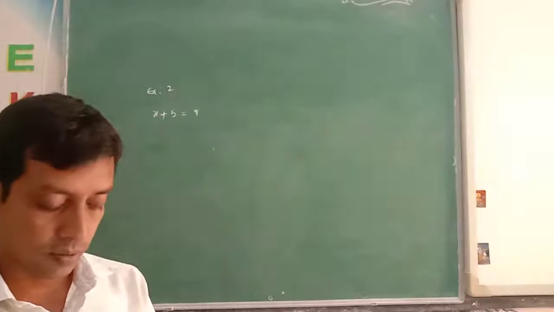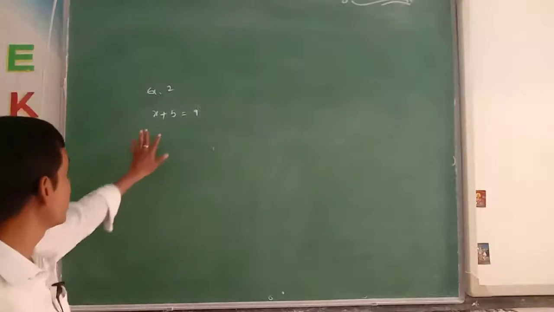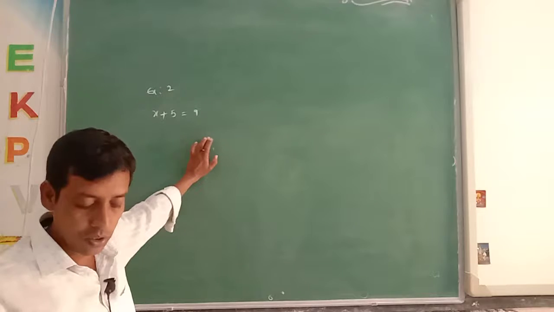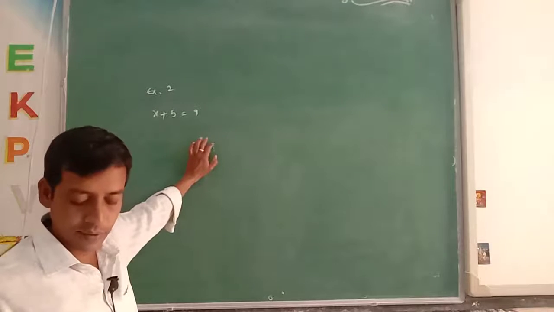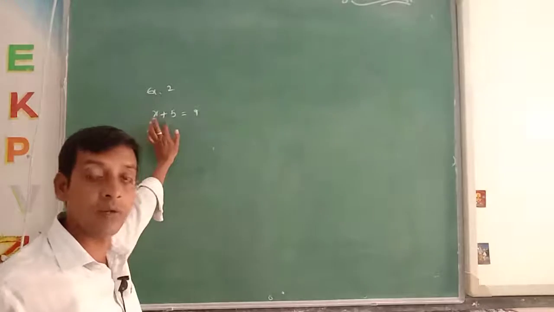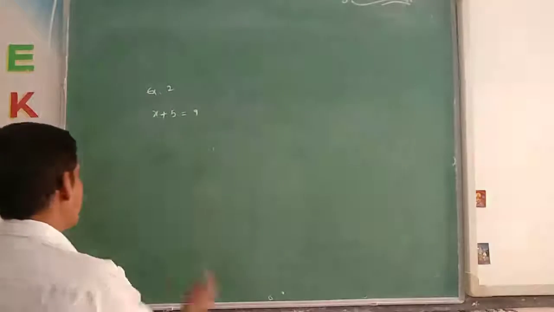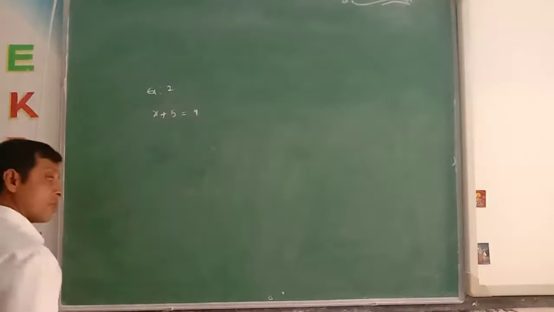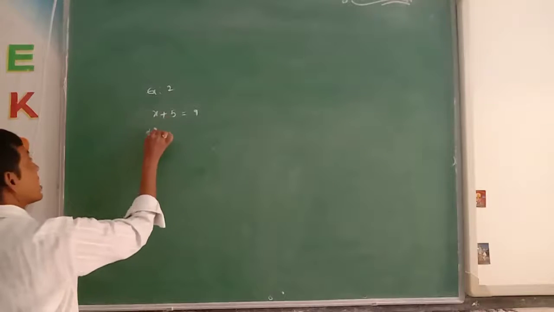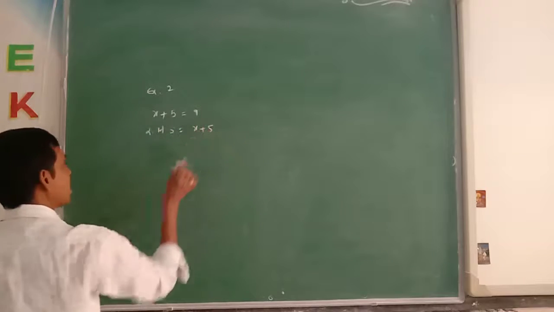How can we solve the problem? Look here. What is the given equation LHS? X plus 5. RHS what here? 9. Okay? So, to get the value of x, here plus 5 is there, no? We have to subtract 5 here and here also minus 5. Depending on this value, we can find the answer easily. What is the LHS part here? X plus 5. That means plus 5 is there.